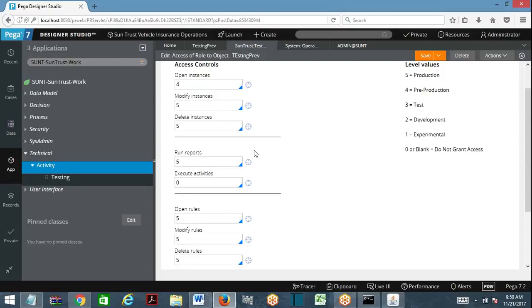So how to achieve this? Otherwise 1, 3, 5 I want to execute, 4 and 2 I want to prevent. I want to allow the users to execute activities in experimental environment, test environment, production environment, but not in environment 4 and 2.